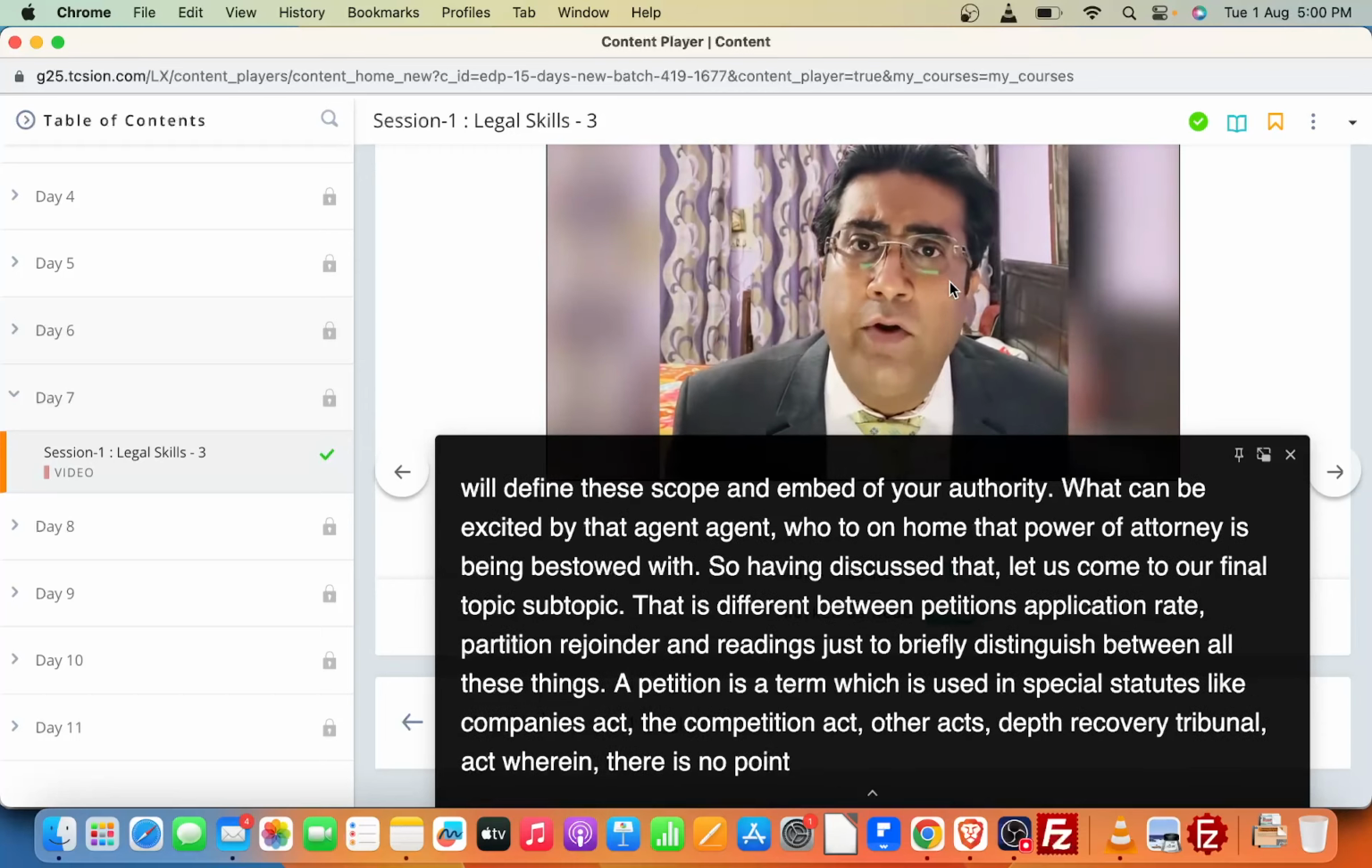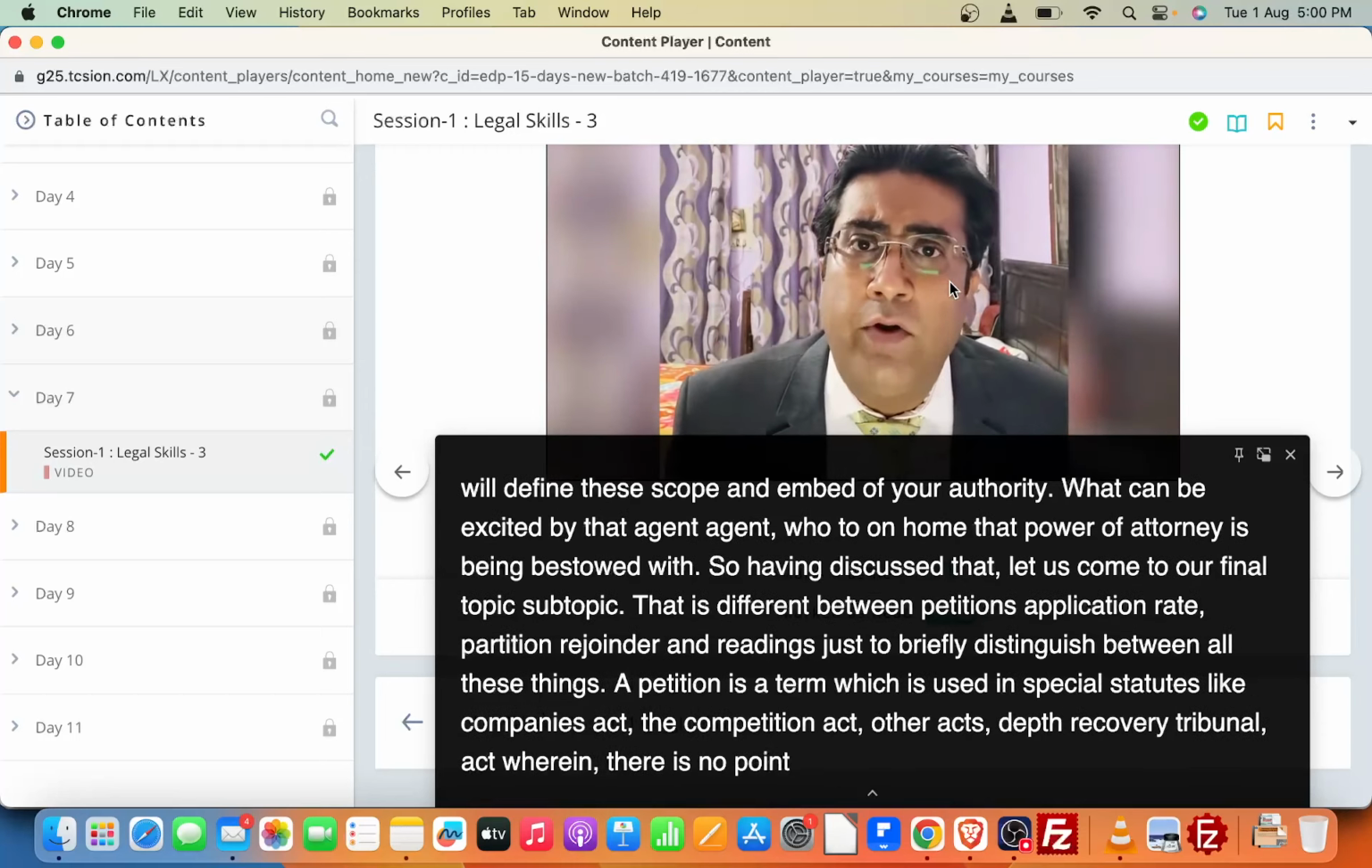When a particular cause of action arises under a particular law and you have to file a particular cause before a court of law or before a tribunal, then that particular paper book is called a petition. Then there are applications. Anything, once a suit, once a case has been started, or once a petition has